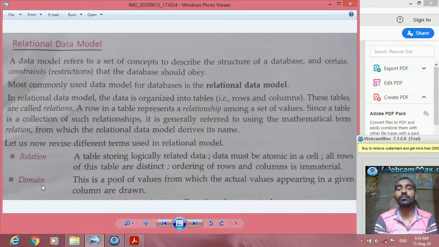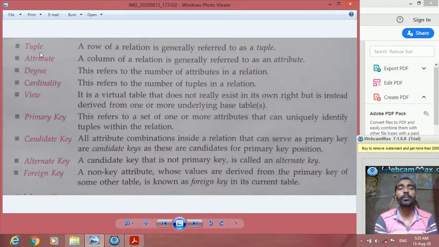Next term, domain. This is a pool of values from which the actual values appearing in a given column are drawn. Tuple. What is a tuple? A row of a relation.